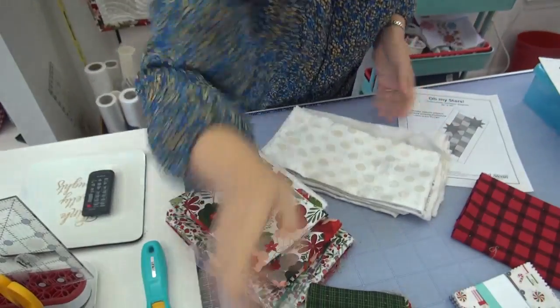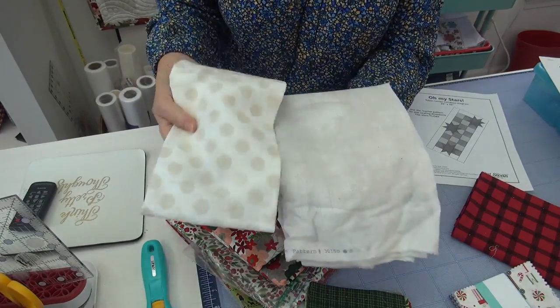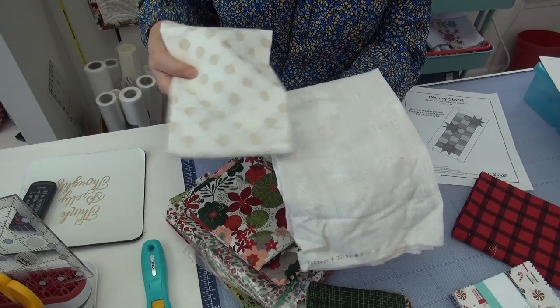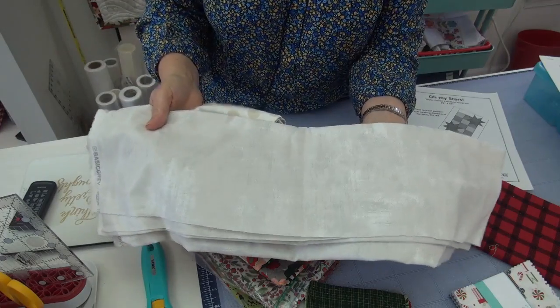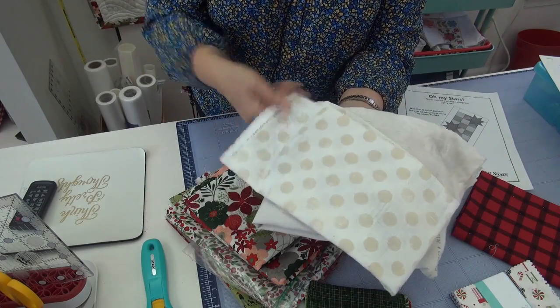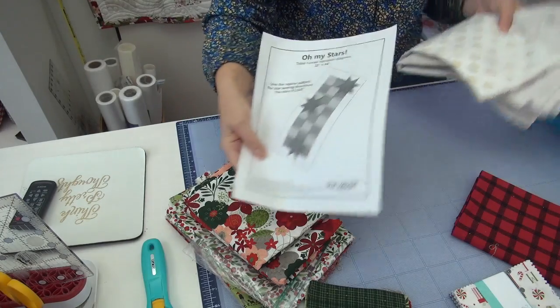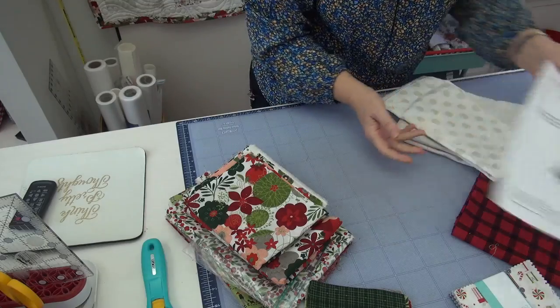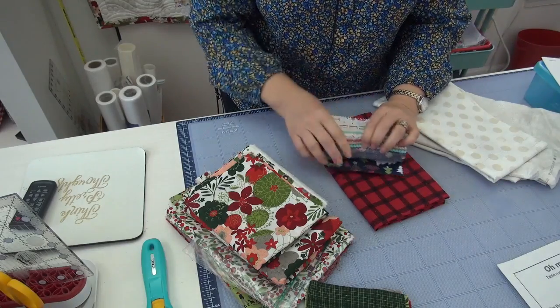Okay, I went and grabbed some Basic Gray Grunge. That is the fabric line. It's a basic by Basic Gray, and I got one here that has a lot of nice texture on it, and then I actually had a piece with some dots on it. So I don't know, that might work. And we are doing the table runner again. So when I look at this line, which I just did